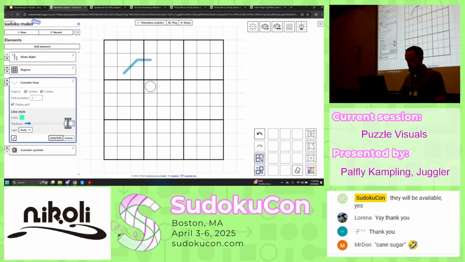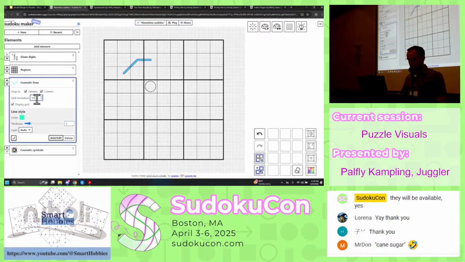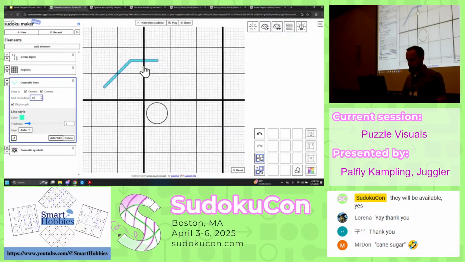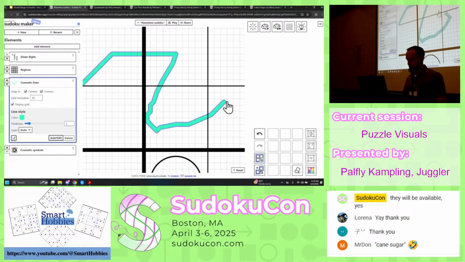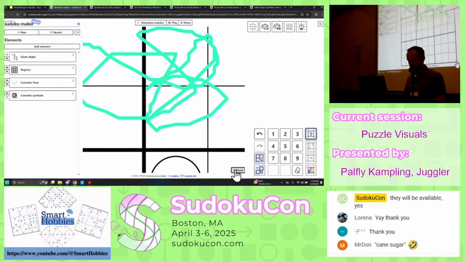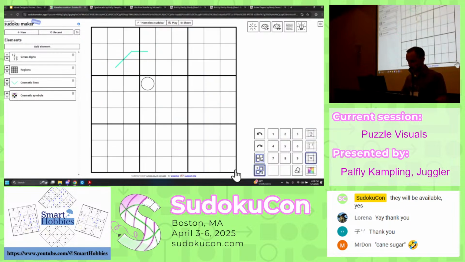Okay, that's nice. It's a thin line. But the real power comes in here. We can change our level of detail, right? So this line can do all kinds of crazy stuff. So there we go. I probably wouldn't set that puzzle exactly, but it's super useful because even